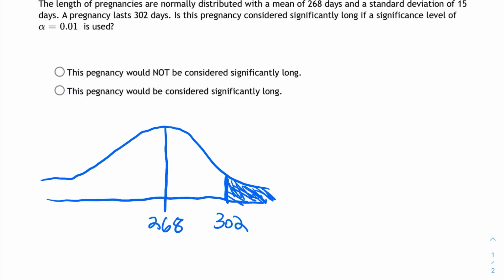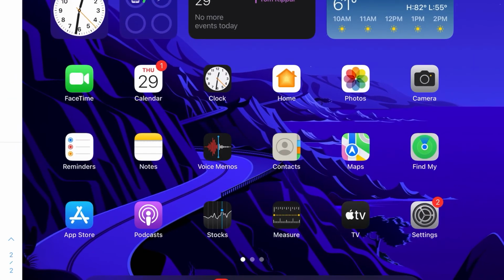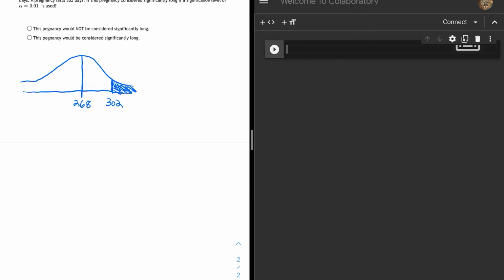So when we use the cumulative distribution function, we're actually going to need its complement, because the cumulative distribution function, CDF, only gives us the area to the left. So we're going to have to do 1 minus the CDF to find the area to the right. So let's go ahead and find that area. I'm going to use Google Colab, IPython. So here it is. So I'm going to first import